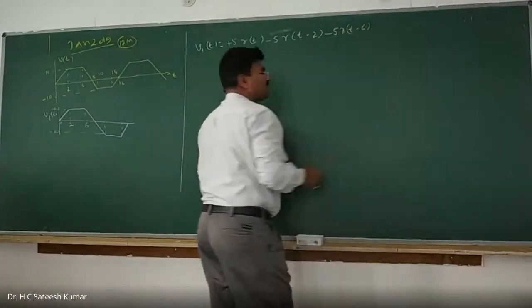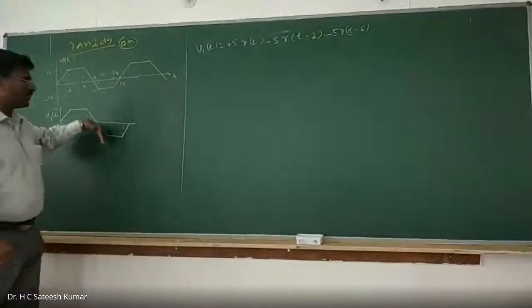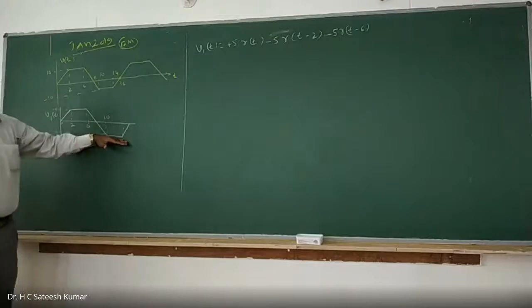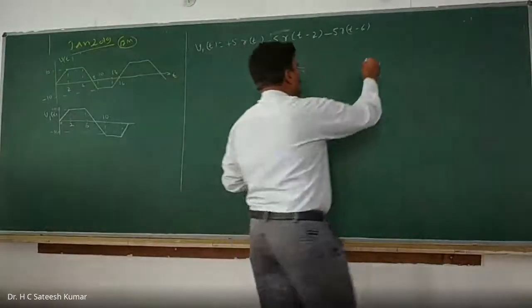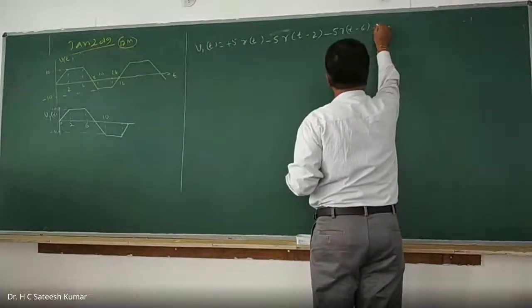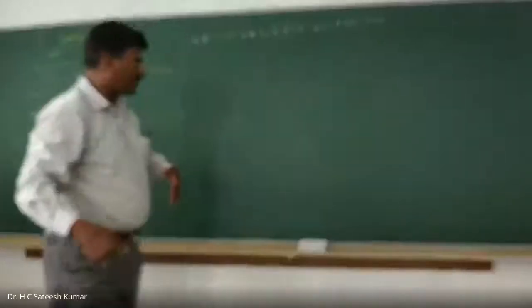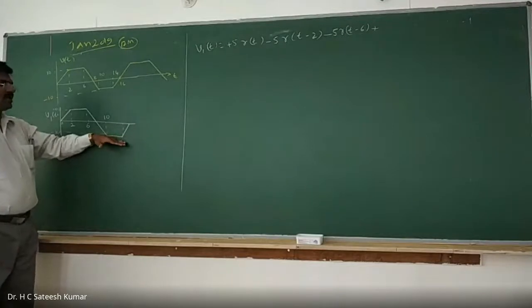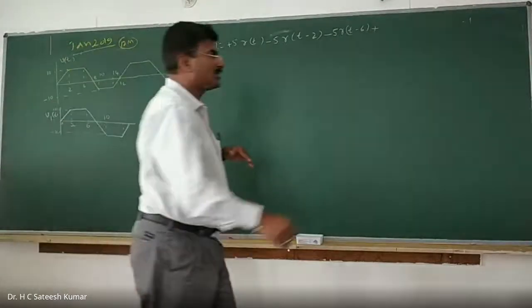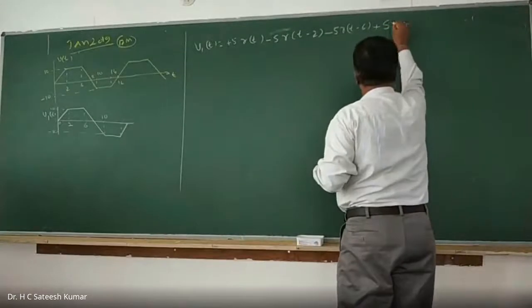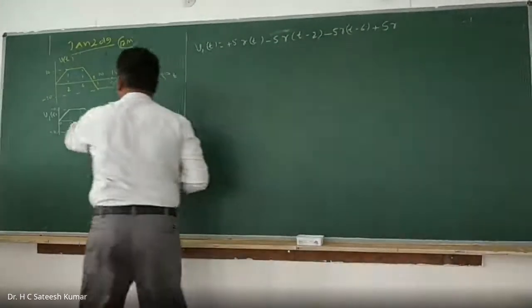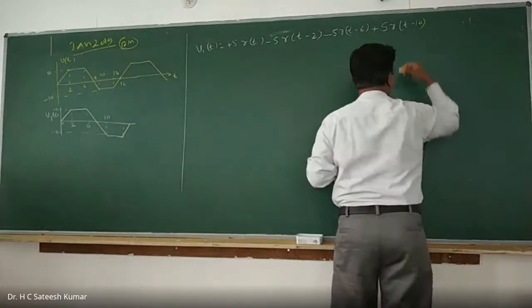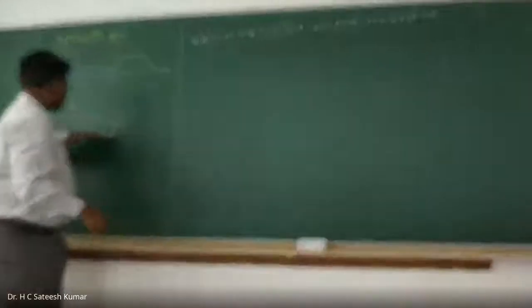Now I am going with the slope of minus 5. Now we will have to make it 0 at 10. How will you make it 0? You are going with a slope of minus 5, so to make it 0 we add plus 5. So we start with plus 5 into r of t starting from 10, r of t minus 10. Now I am going with the slope of 0.